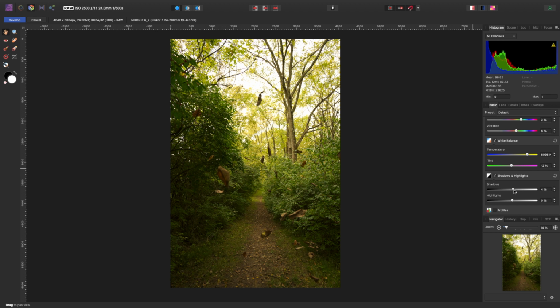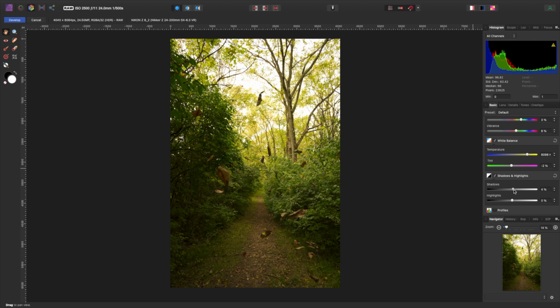So at this point, I'm just going to take up the contrast a little bit. I don't want to go crazy with the contrast, but just kind of gently add a little contrast in there. And I think that kind of gets us a little more of the detail here in the bushes that we had before. I may also, now that I've done that, turn up the shadows and the exposure just a small amount more as well, just to compensate there. And then I think I'll go ahead and hit the develop button.